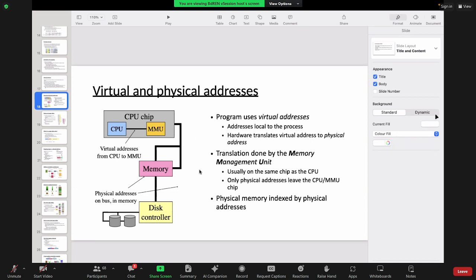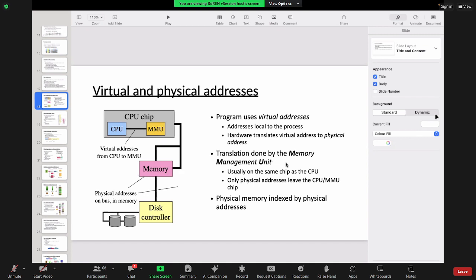So here MMU is the part where the virtual to physical address conversion of the address from the CPU will happen, and the memory address will be placed on the bus and sent to memory. Now again, bus is something which is used for communication purposes. Again, just go by the English meaning. In a bus we go from one place to another. Same story here in this bus. So the address from CPU will go to memory.